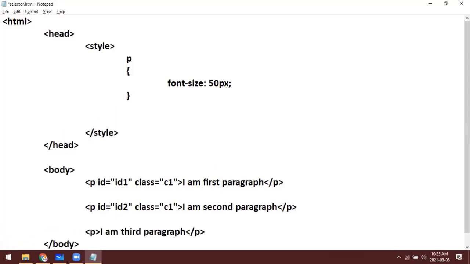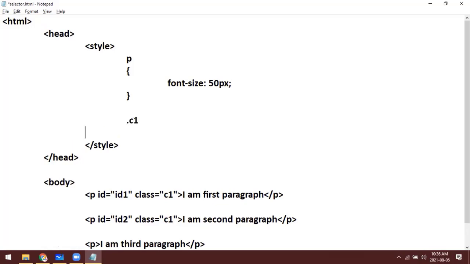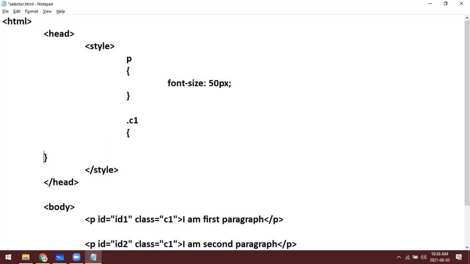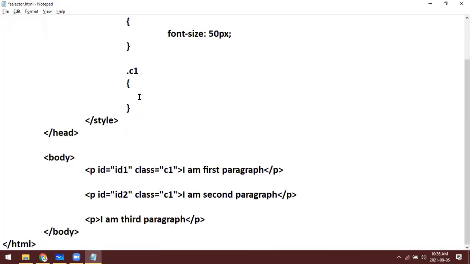Now let's use some style using class. If you want to reference a class, you have to use the dot or period, C1. If you forget to give this, then this CSS style will not be applied.